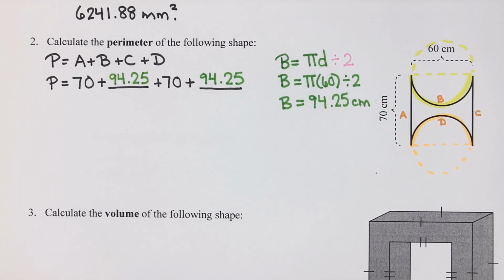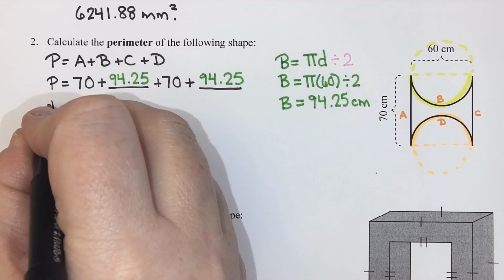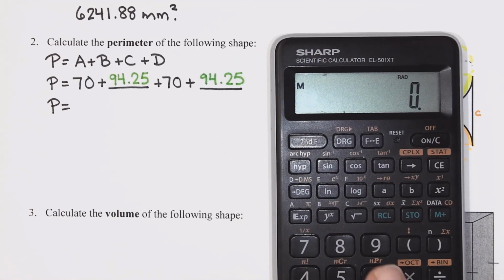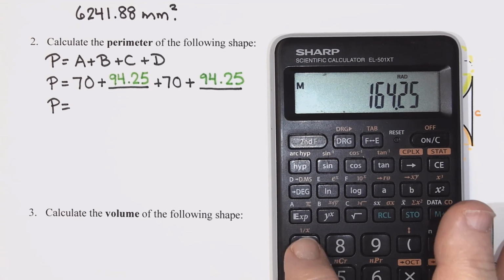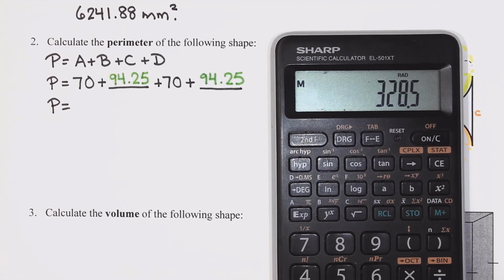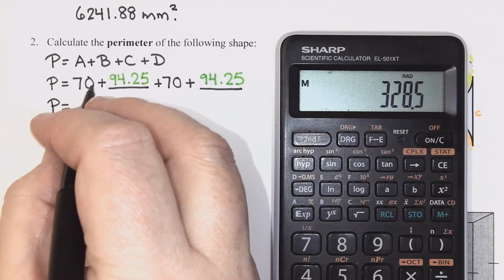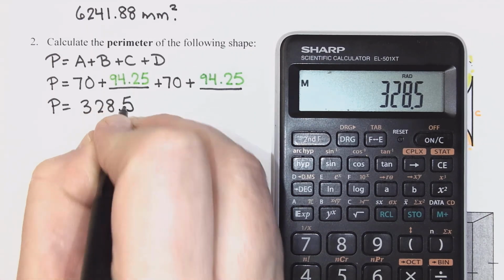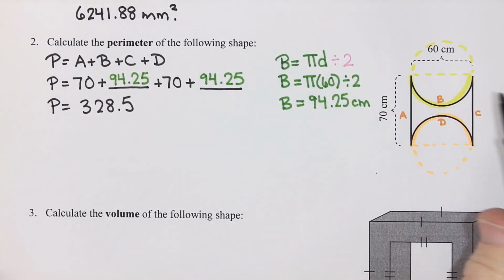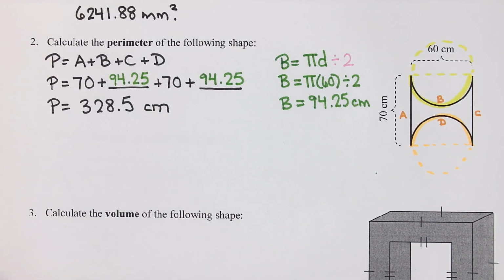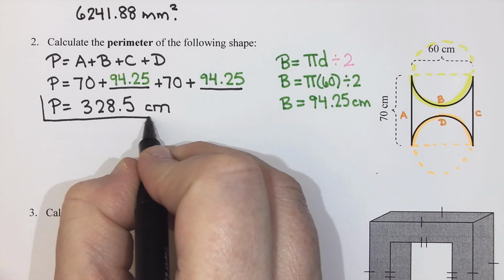Okay, so now that I know all 4 of my sides, I'm going to add them together. So we are going to do 70 plus 94.25 plus 70 plus 94.25. And I get a grand total of 328.5. Now, all of my measurements are in centimeters, so this is centimeters, and I haven't multiplied them by anything, so my final answer is just